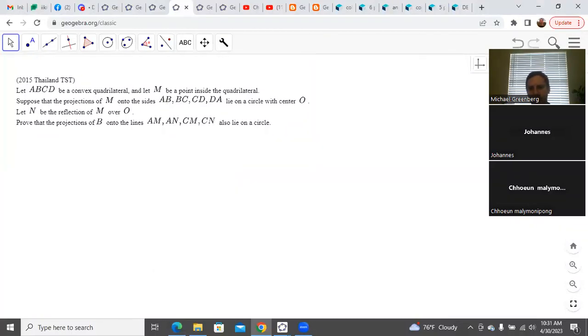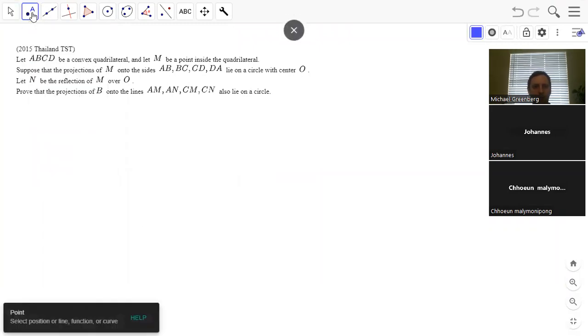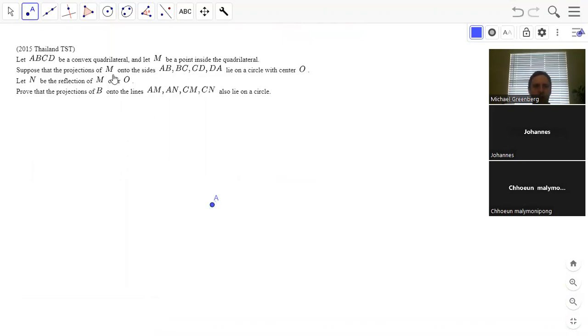Let's try this problem. So we have a quadrilateral. The projections of M onto the four sides lie on a circle with center O. So I'm going to first draw this circle with the projections, and then I'm going to draw ABCD. So, oh no, first I'm going to draw